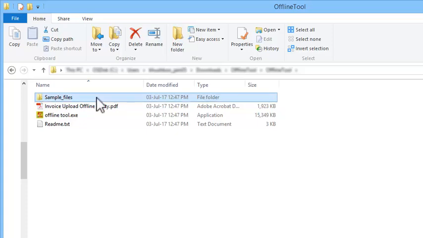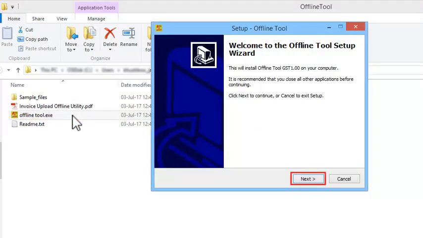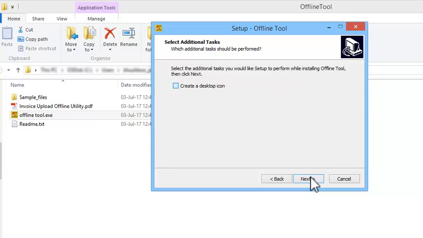To begin installation, just double-click the offline tool executable or .exe file and follow the on-screen instructions. Just make sure to check the option to create a desktop icon.